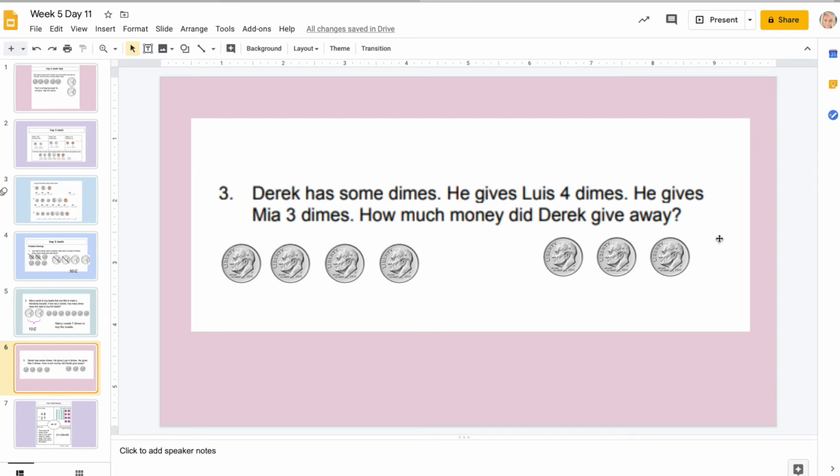They're all dimes, so we know we're going to skip count by 10. And if we skip count by 10, counting all of the dimes, that's going to tell us how much money Derek gave away. So let's go ahead and get started. We have 10, 20, 30, 40, 50, 60, 70. So Derek gave away